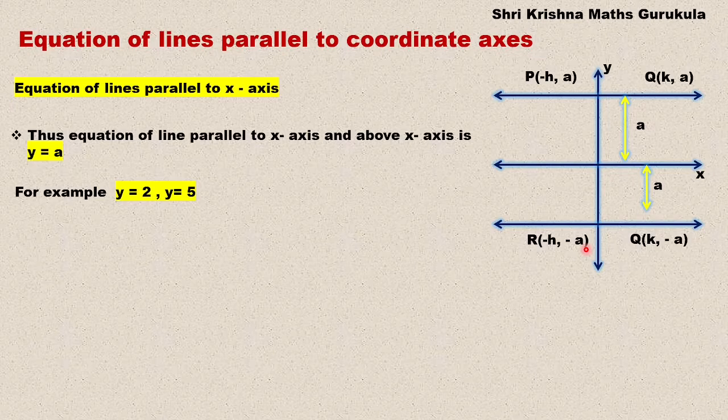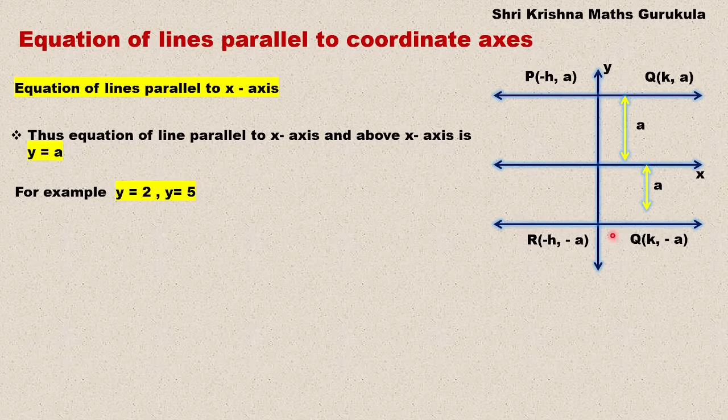Again, the y coordinate will remain the same. Only the x coordinate will change. What will happen? This is 0 comma minus a, because this is at a distance of a units from the x-axis, below the x-axis, right? That is why the coordinate will be minus a. So this is 0 comma minus a. You move ahead. This is 1 comma minus a, 2 comma minus a, 3 comma minus a, 4 comma minus a, 5 comma minus a. Again here, minus 1 comma minus a, minus 2 comma minus a, minus 3 comma minus a, minus 4 comma